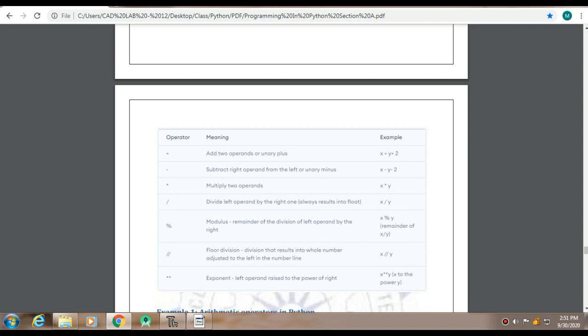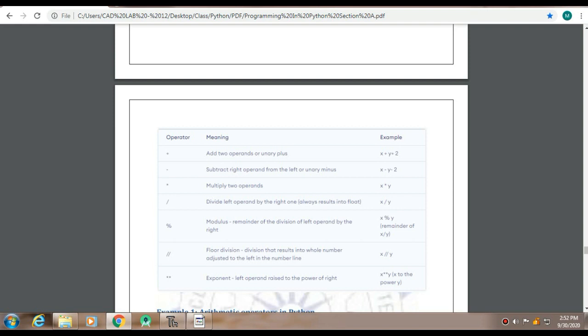Plus, minus, multiply and division are the simple basic mathematical operations. But the modulus: suppose we are dividing 3 by 2, then whatever the value of the remainder is, it will return you that. What does the floor division mean?